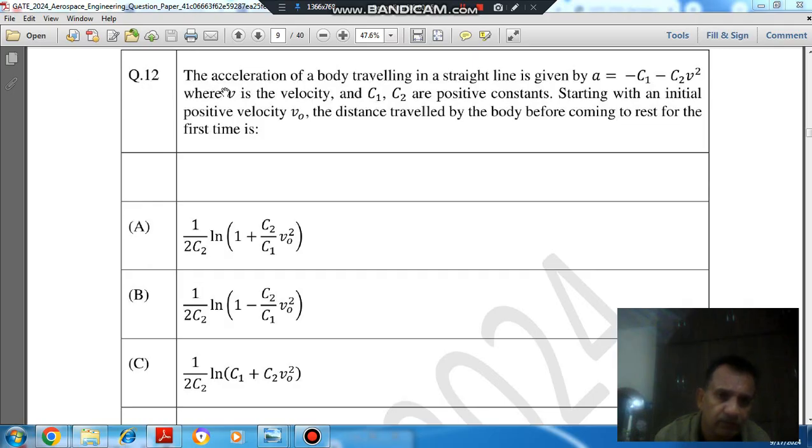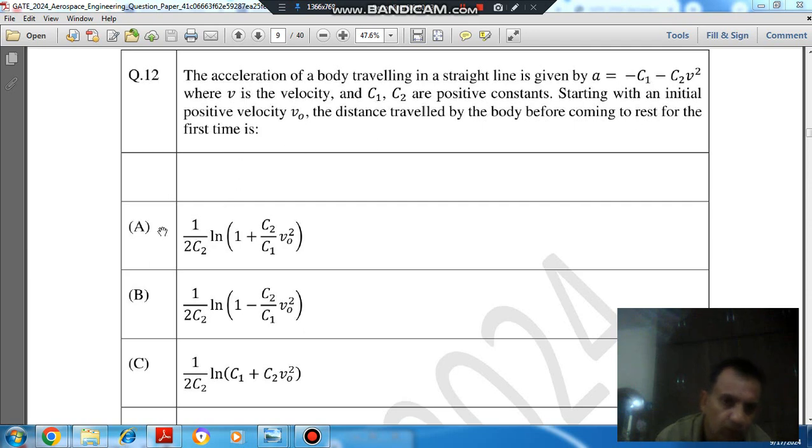Question number 12: the acceleration of a body traveling in a straight line is given by a is equal to minus C1 minus C2 V square, where V is the velocity and C1, C2 are positive constants. Starting with an initial positive velocity V naught, the distance travelled by the body before coming to rest for the